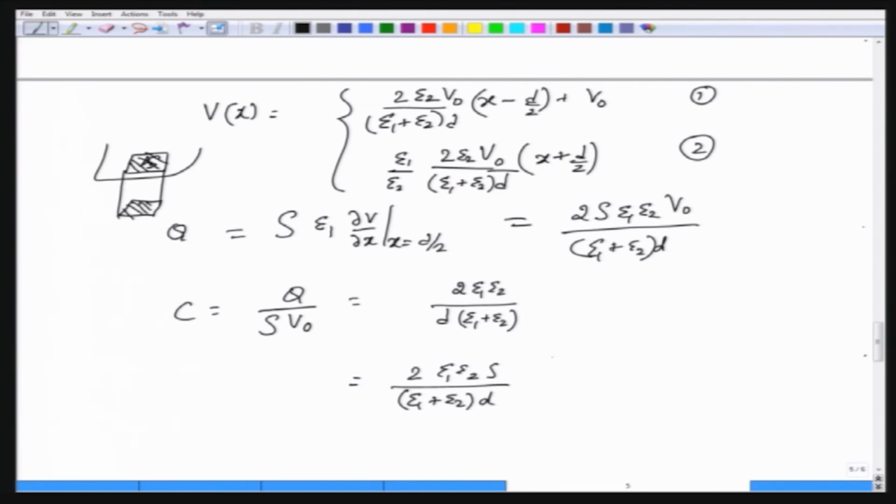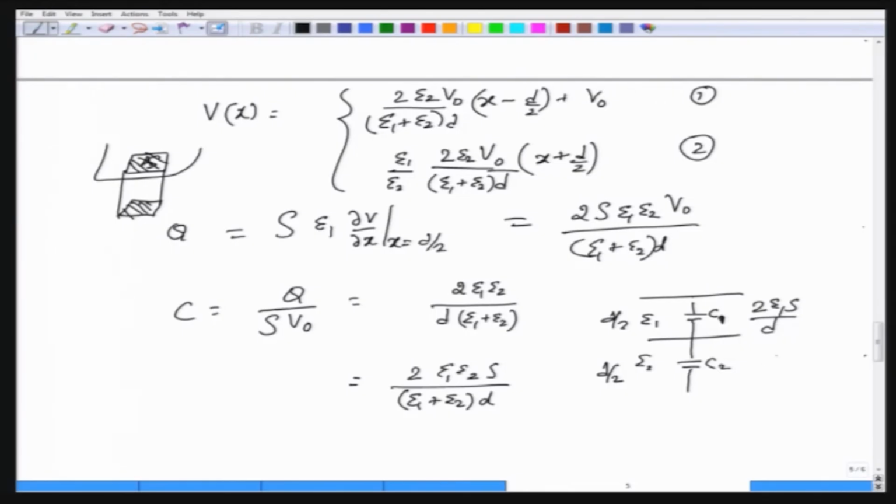In fact, you can show that the region from the top plate to the middle can be considered as one capacitor, and from the middle to the bottom plate can be considered as another capacitor. So, you have C1 and C2 as the two capacitors. These capacitors are now in series, and the capacitance of each structure can be thought of as 2 epsilon 1 S by D, because epsilon 1 is the permittivity of region 1, epsilon 2 is the permittivity of region 2, and D by 2 is the height of each of these capacitors. So, this will be epsilon 1 and surface area S, and D by 2,